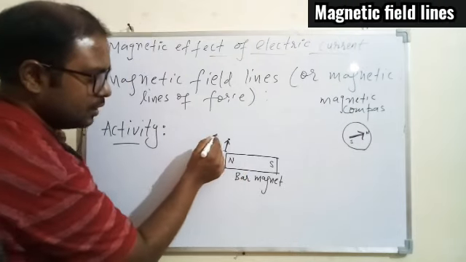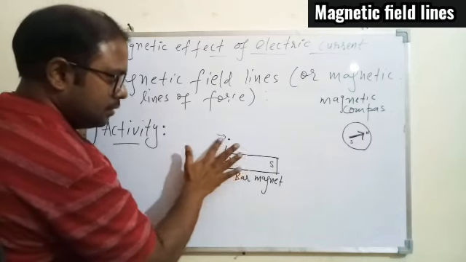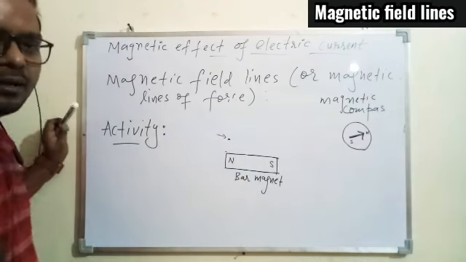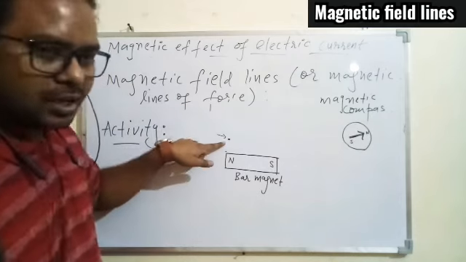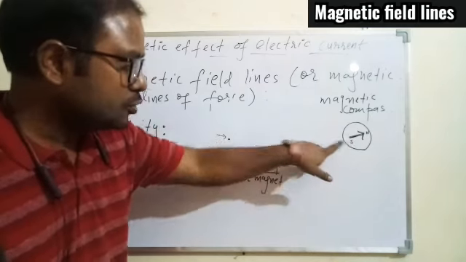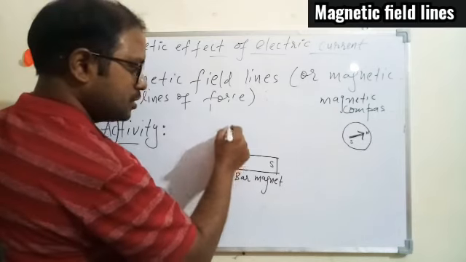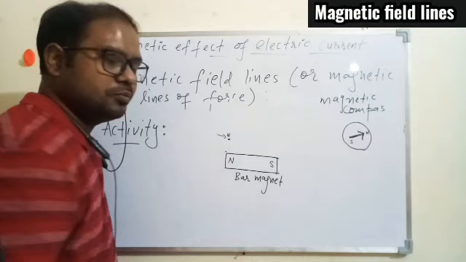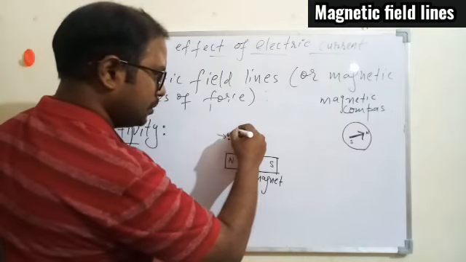Mark this point, okay. So this point I have marked. Now lift the compass and try to bring the compass here on the mark such that the south pole should be adjusted with the previous north. So the one which was the previous north pole, try to adjust the south of the needle. You'll see now the needle will be facing in a particular direction.